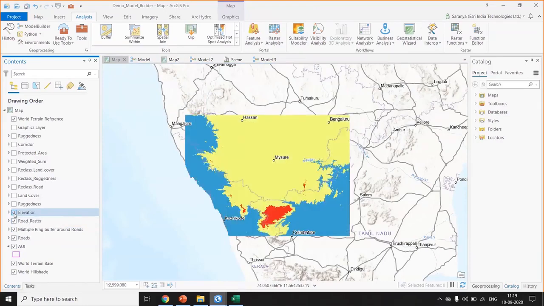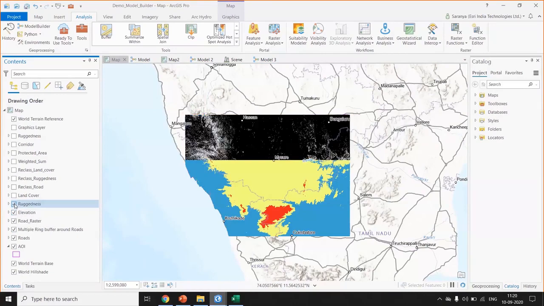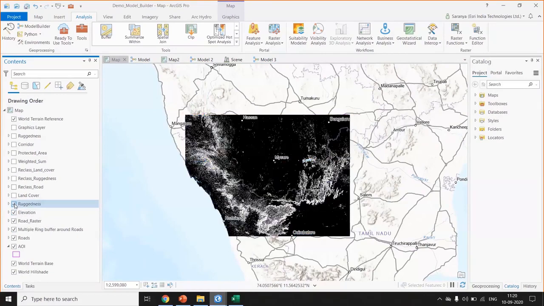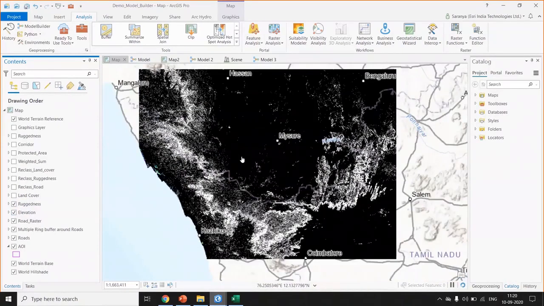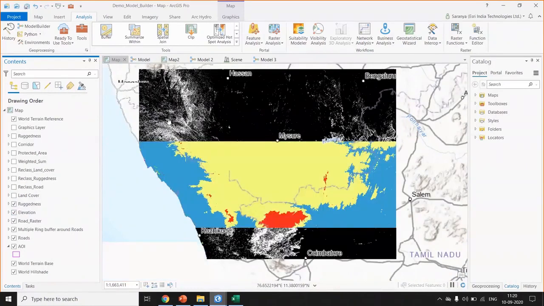Even though we have elevation data, I would like to get the information about the ruggedness of this terrain. For this workflow, ruggedness will be defined by large and dramatic shifts in the elevation. So this I can get by using a tool called the focal statistics geoprocessing tool, which compares the cell value in the raster layer with the cells that surround it. So here the dark pixels represent less changes in elevation, while the lighter pixels represent more.